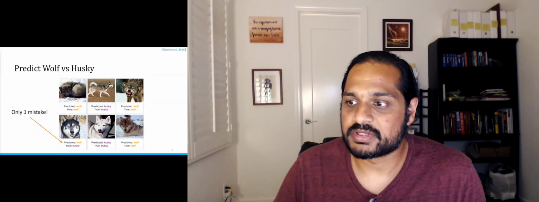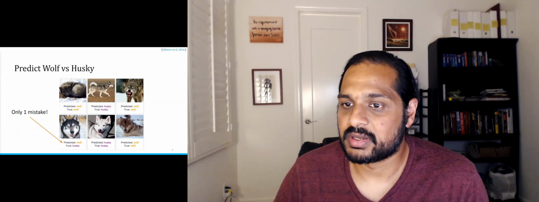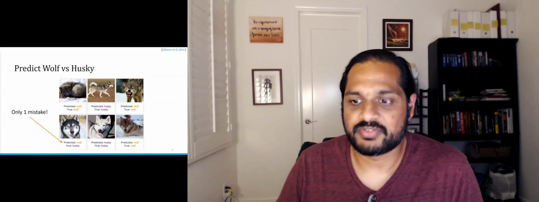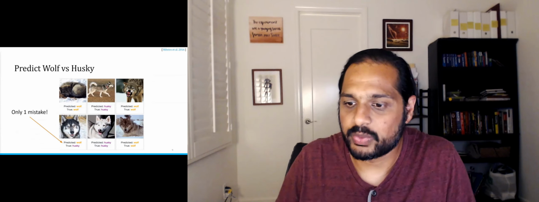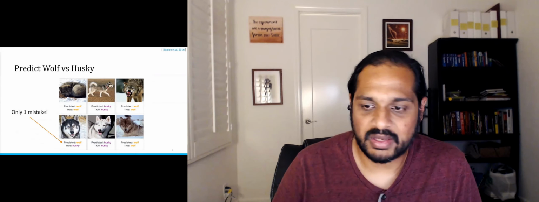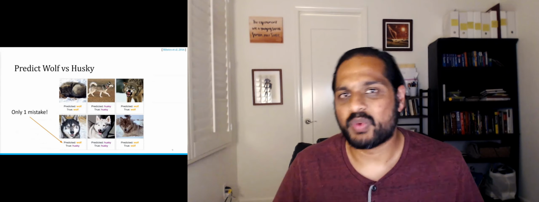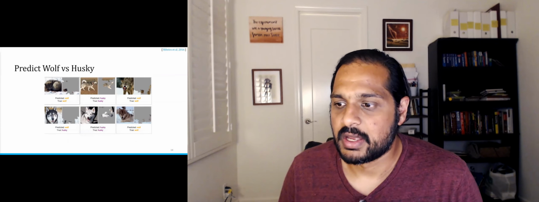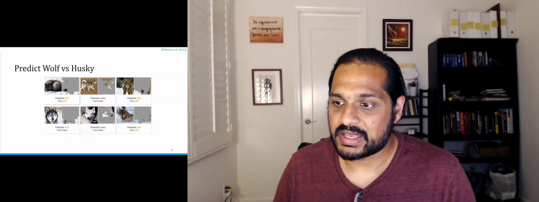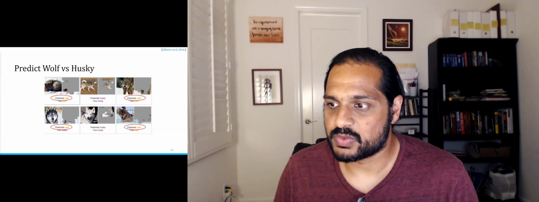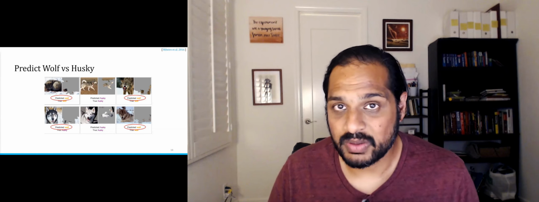Here is one example of what an explanation looks like for Lime. Here's a simple task where you're trying to differentiate between wolves and huskies that look very similar. And it turns out this model seems to be reasonably good. It's only making one mistake, but you have no idea why it's working and why it's not working in that specific instance. Here's what an explanation looks like, and you don't have to look at all of this right now, but essentially look at the ones where the model predicted it to be wolf.